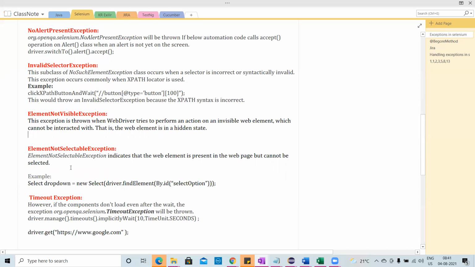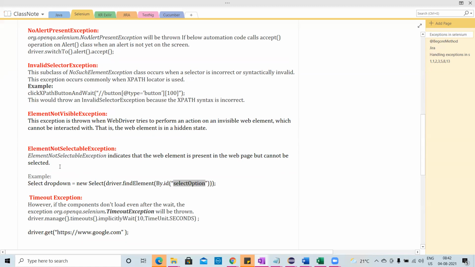Okay, next, element not selectable exception. Invalid selector exception is like a checkpoint, where you're selecting the checkpoint, right? Here, element not selectable exception indicates that the option present in the web page cannot be selected. You create an object for the Select class, then you try to select the element by index, by value, by visible text.